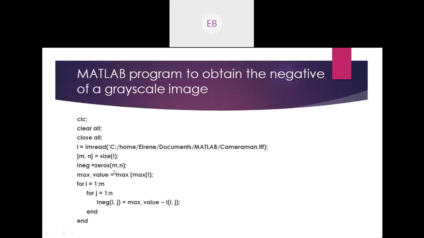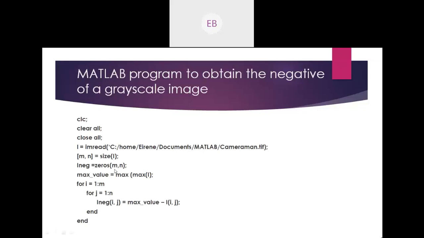Now when we go on to the next command, we have ineg equals zeros of m comma n. Here I am taking another variable, that is ineg. Since we are talking about the negative of a grayscale image, the negative of the image I will represent using the ineg variable.